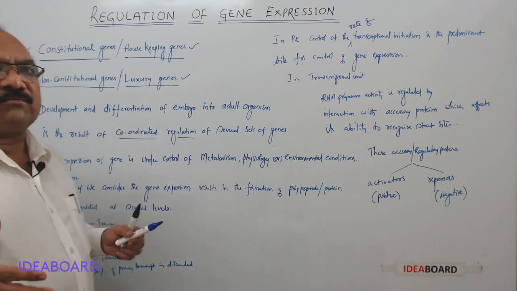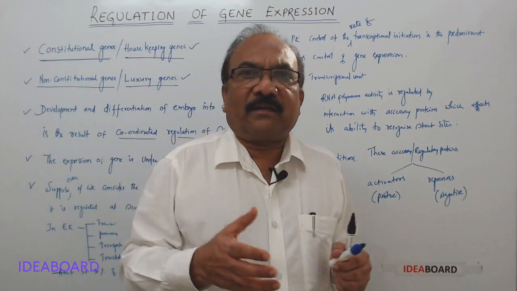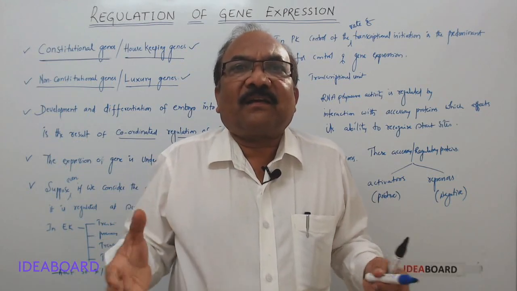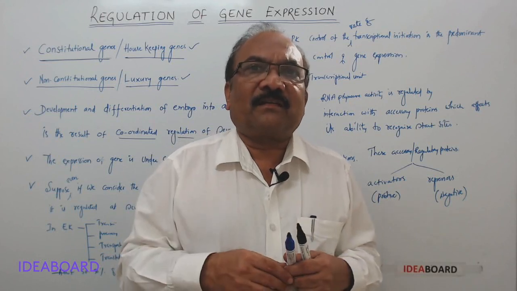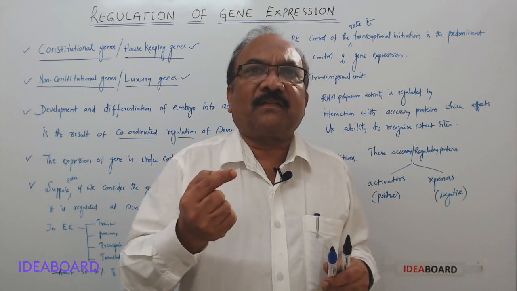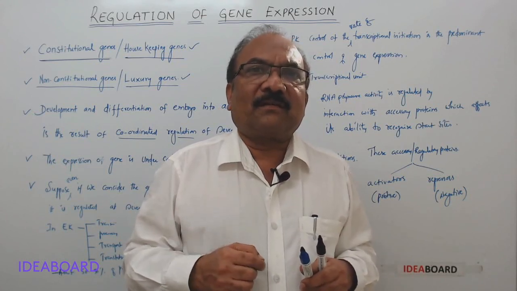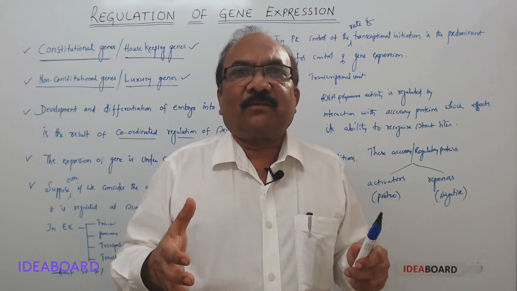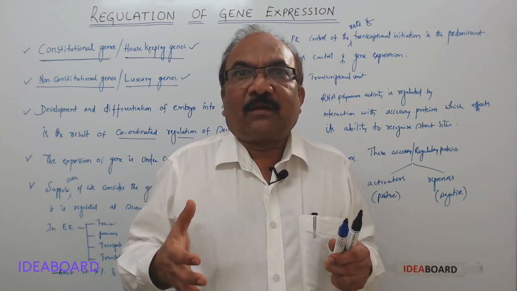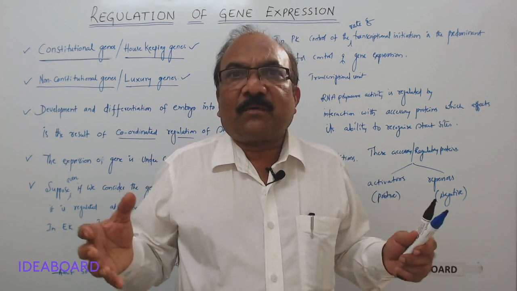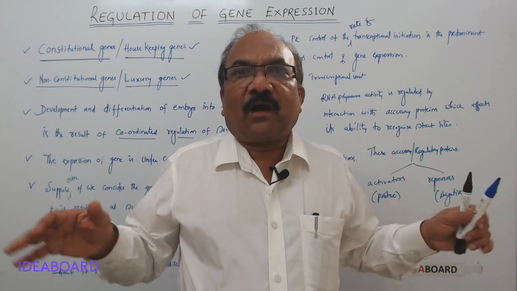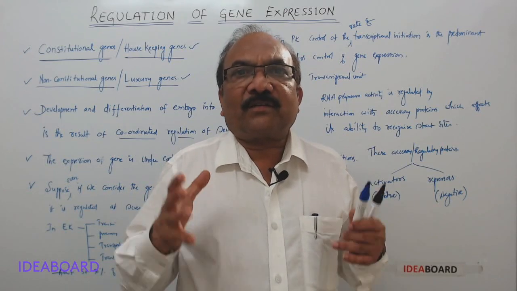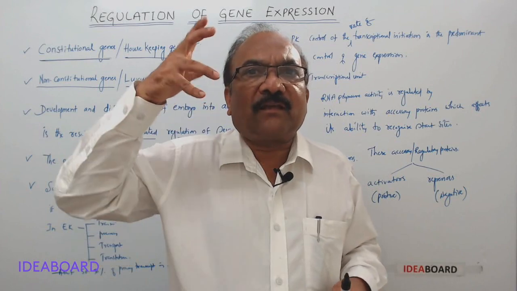So several sets of genes are regulated. That's why at some places different kinds of organs are formed. Actually, don't forget, we all started our life with a single cell, and that single cell is the zygote. The zygote first divided mitotically and developed into an embryo. And that embryo is now undergoing differentiation. At some places, some cells are differentiated into arms, some into legs, some into head, and some into brain.